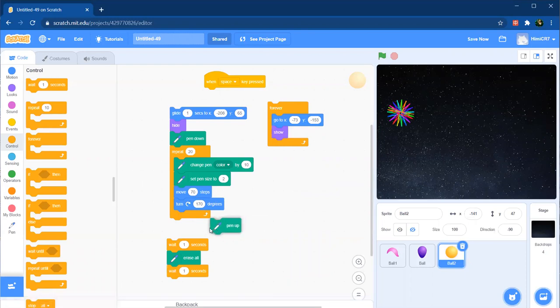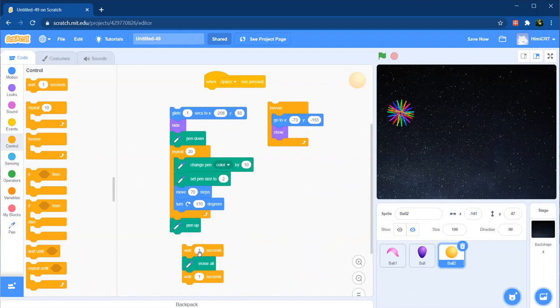After the pattern is made, I have used the pen up block so as to stop tracking the path of the sprite, as after the repeat the pattern is complete.